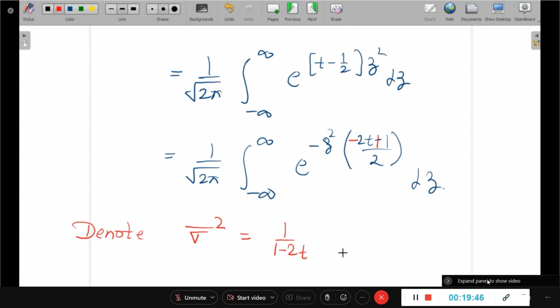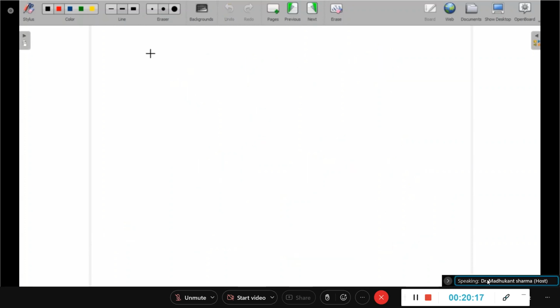Okay. Now here I think it's very clear. Sigma bar square is a positive quantity, and this will be positive whenever 1 minus 2t is greater than 0, so t is less than half. Okay, so 1 minus 2t is greater than 0. That's very important. Now, what will it do? So this will imply